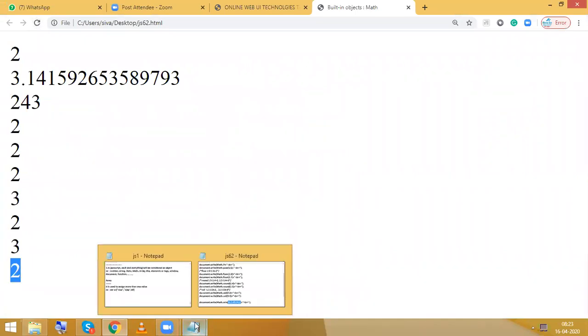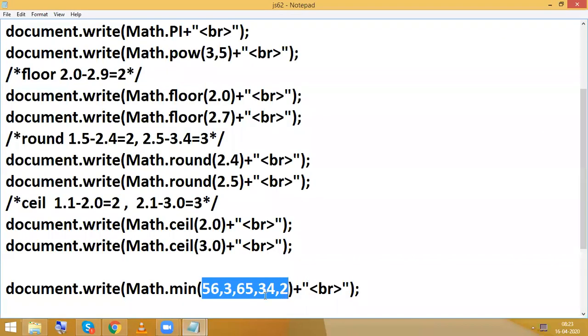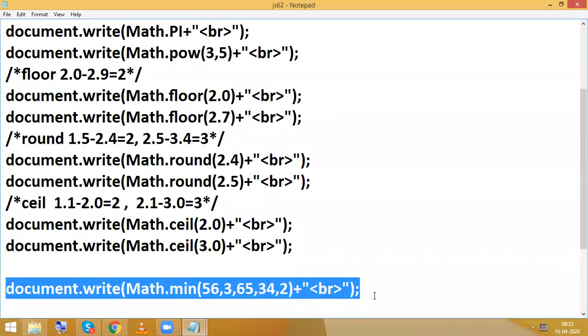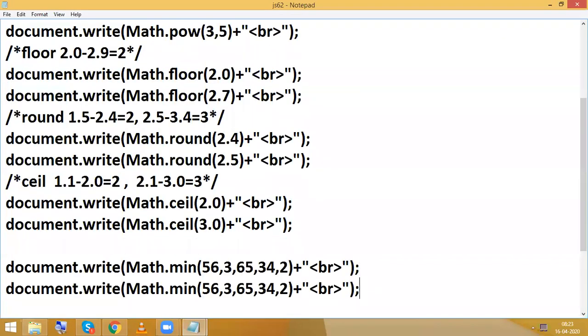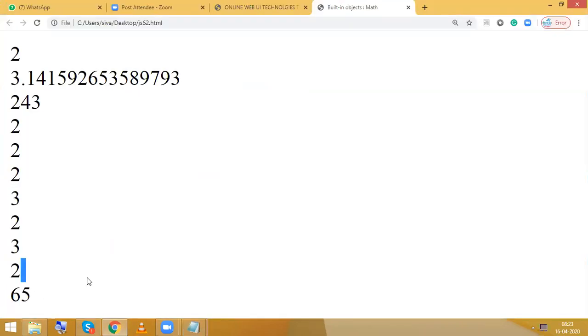So I got the minimum number. Same like that, we can expect Math.max, the maximum number. In that, the maximum is 65. So that is the way we can work with minimum as well as maximum.